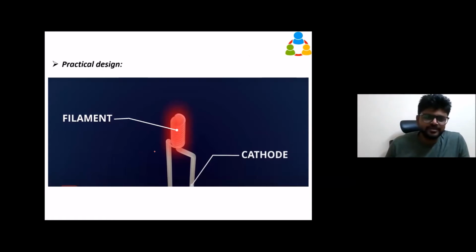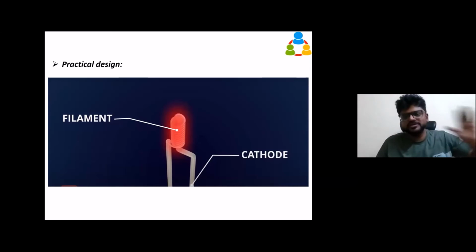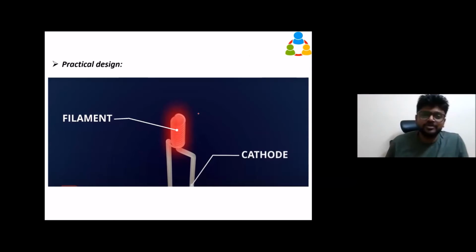So just follow me. Now we have seen the LC circuit; just forget about that for now. Finally, we will touch on how the LC circuit appears there. So this is the filament and this is the cathode. The filament is a tungsten filament, like in the old electrical bulb. Nowadays it's all LED and those things, but the old electrical bulb had a tungsten filament. And this cathode, why is it called cathode? Because here I am connecting the negative terminal of the battery. If you take a battery of plus and minus, the negative terminal I'm going to connect with this cathode. This complete cathode is going to the negative terminal.